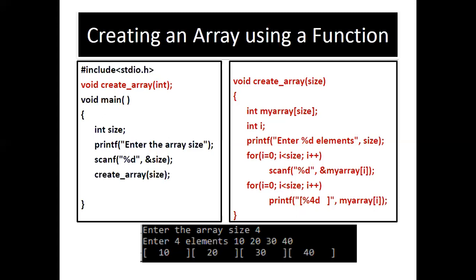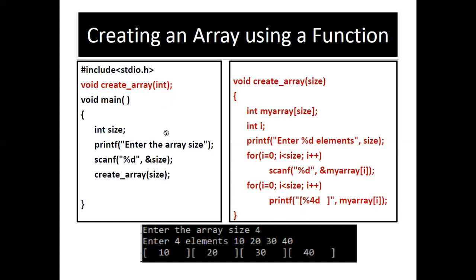So if anyone sitting in today's session has a doubt regarding function prototype, please make it very clear. This is the prototyping of the function, where we tell the compiler, dear compiler, you are going to see this function which you have not seen earlier. I'm going to use it. Its name is create array. It is of type void, that means it will not return anything, and it is going to take an argument of type integer. So that is the meaning of the first red line.